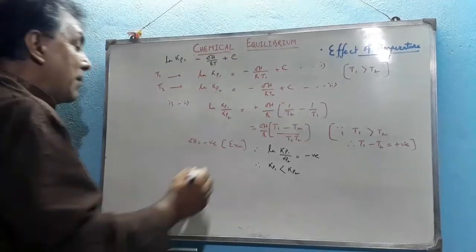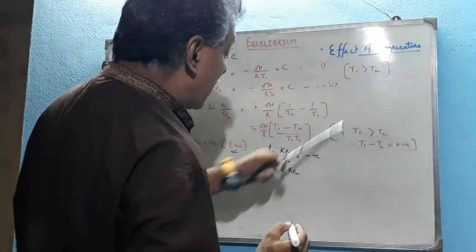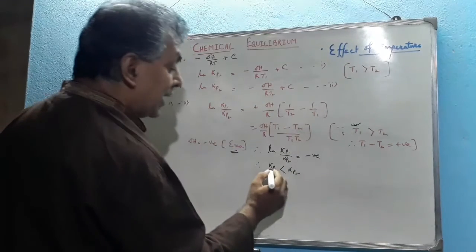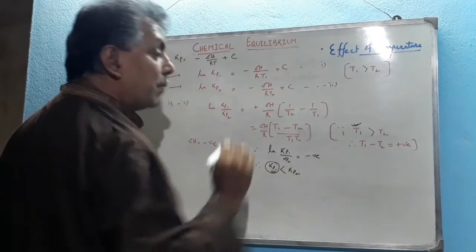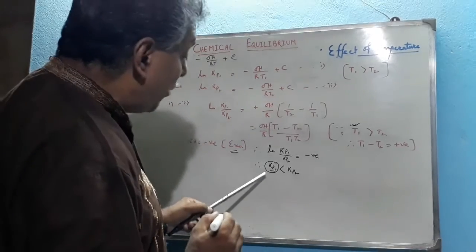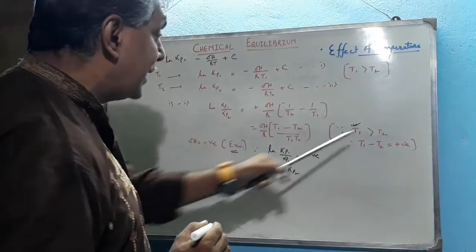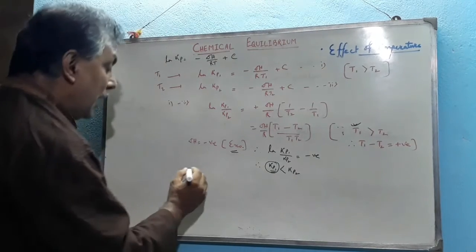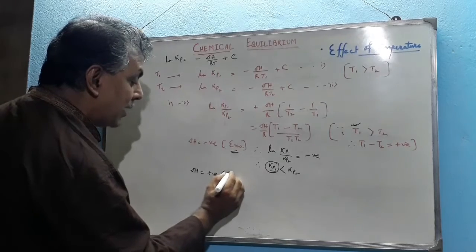That means if the reaction is exothermic in nature, then if we increase the temperature, the rate of the forward reaction, that means the rate of formation of the product, decreases, since Kp1 is less than Kp2. See that at T1 temperature the rate decreases, at T2 temperature the rate is higher as compared to T1. Clear? If ΔH is positive, that means endothermic in nature.